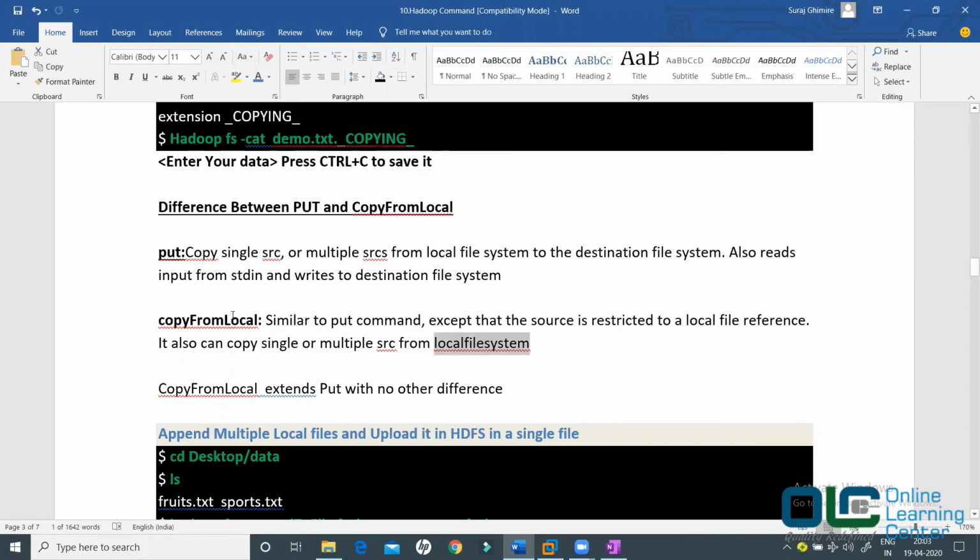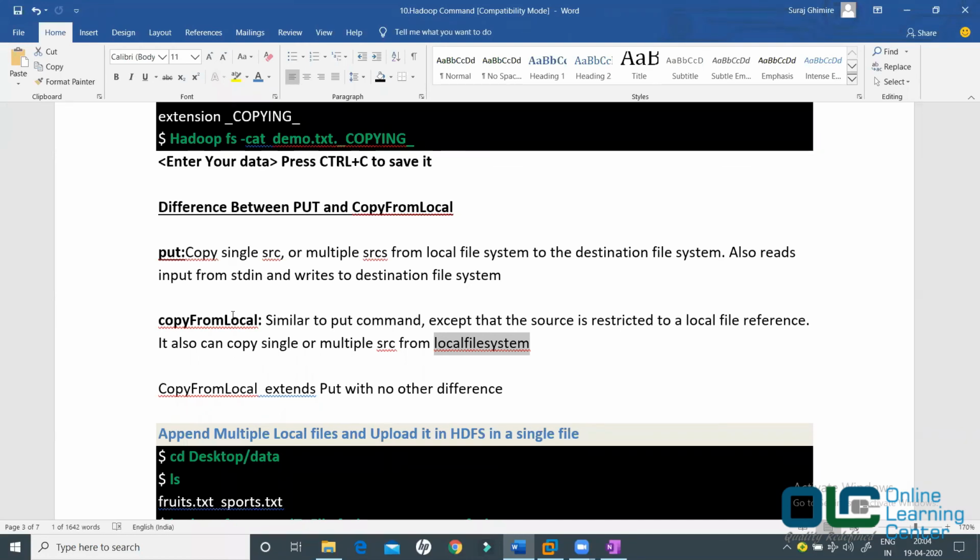So the major difference between these two commands is that copyFromLocal can only copy the data from your local file system, whereas put can read the data from different sources, from your standard input stream or some other input stream, and write the data into the destination file system.